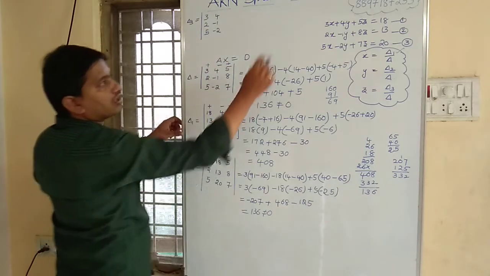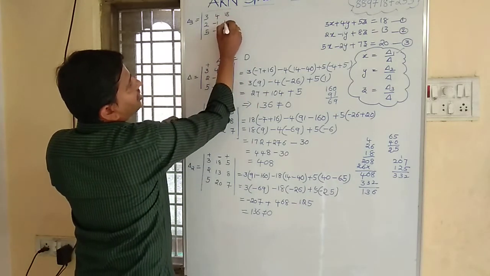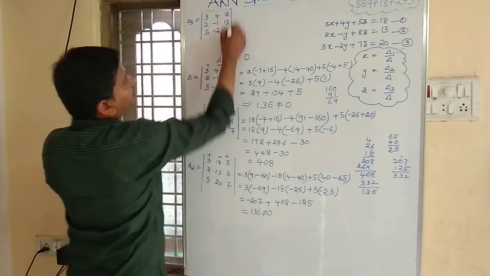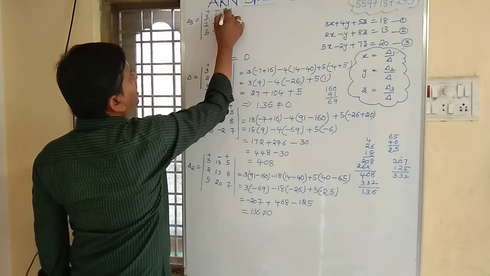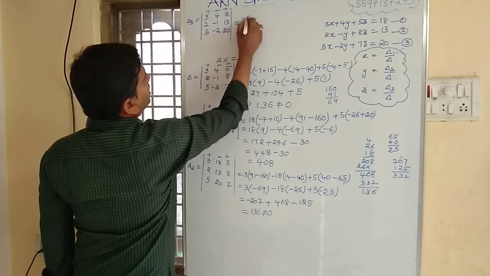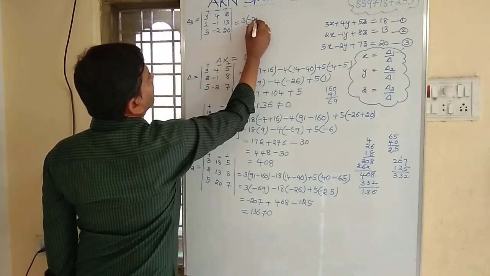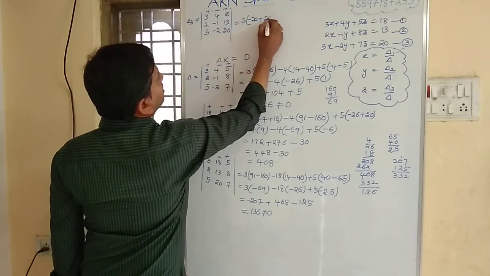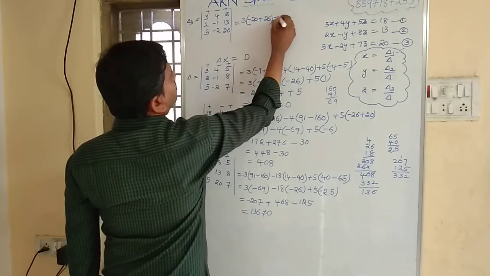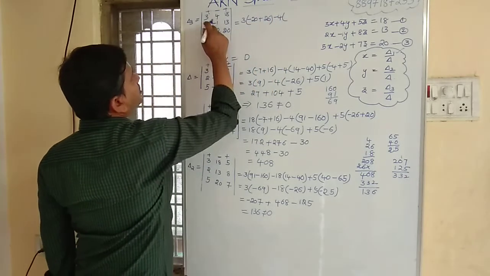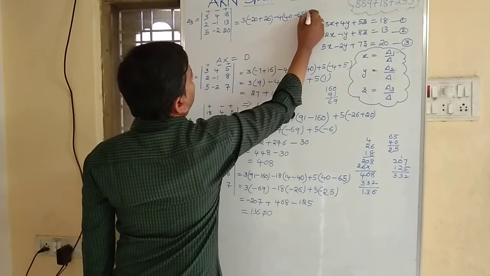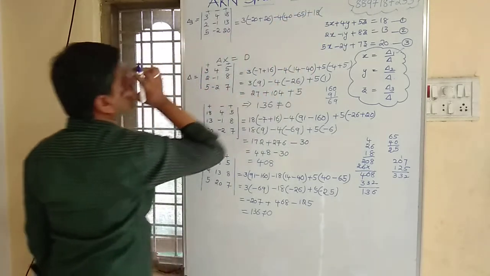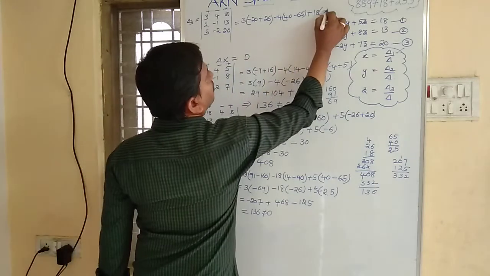And replace the third column with the constant matrix 18, 13, 20. Okay. So plus, minus, plus, 3 into minus 20, minus into minus plus 26, minus 4 into 40 minus 65, plus 18 into minus 4 plus 5,